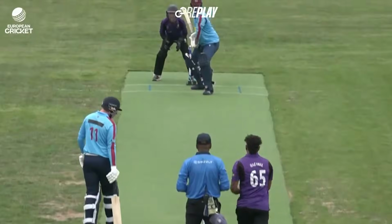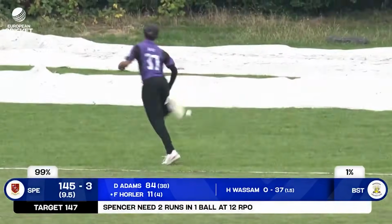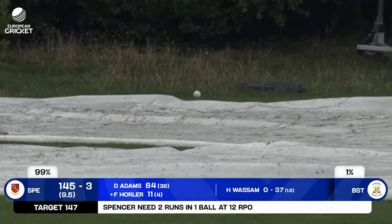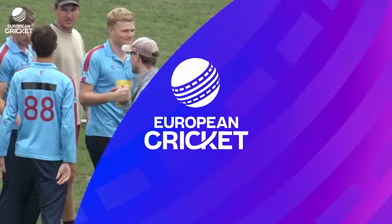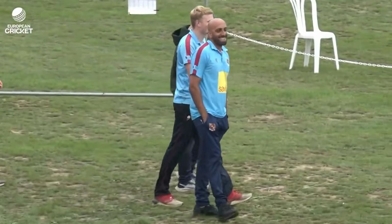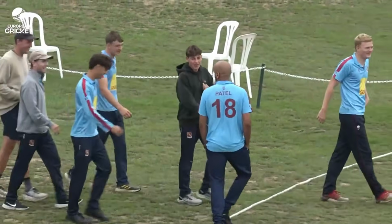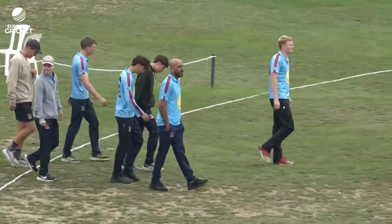1 to tie, 2 to win. He digs it inshore, and there's a chance for a catch, but it's going to go all the way for 6 runs, so it will be a win. And despite a fielder being down there, in the end, he was well shy of taking the grab. So a final ball finish after we didn't have any kind of sniff of a close game yesterday. We've had a few tight thrillers. We had the penultimate ball finish